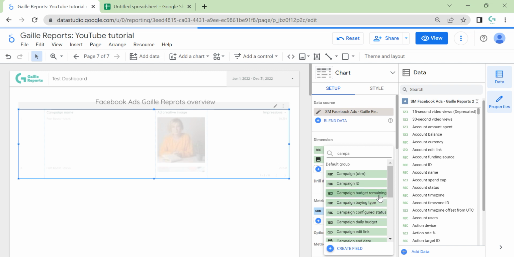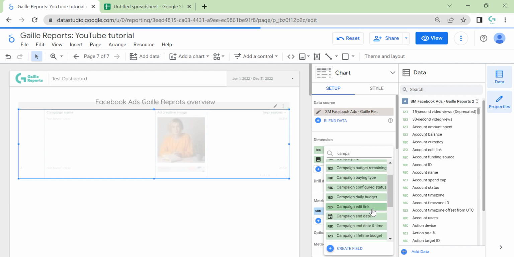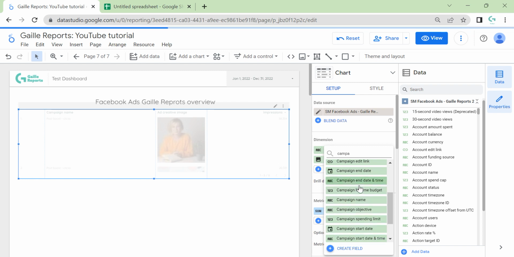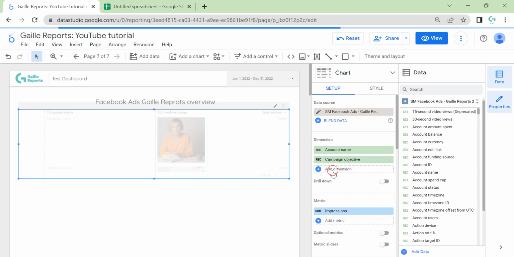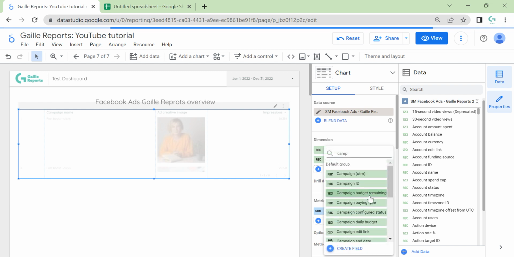So we have some fields about campaign settings. And you see it's a bit slow when we configure it. So this could be not nice if you work with a direct connector, that it could take time. So we have some campaign objective, actually, maybe campaign name,